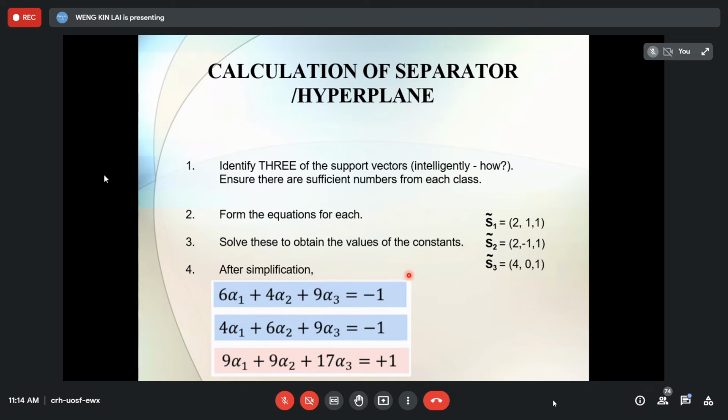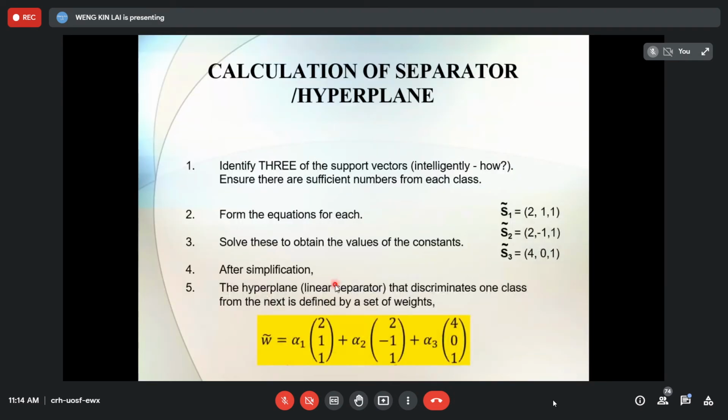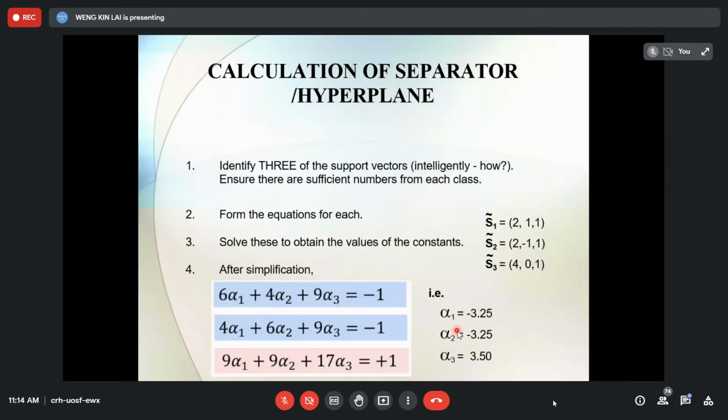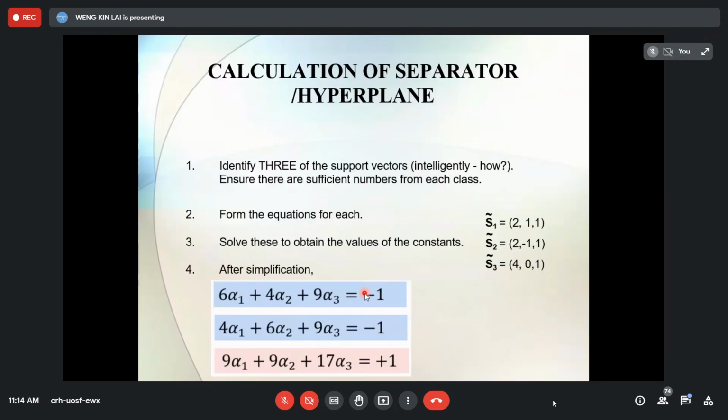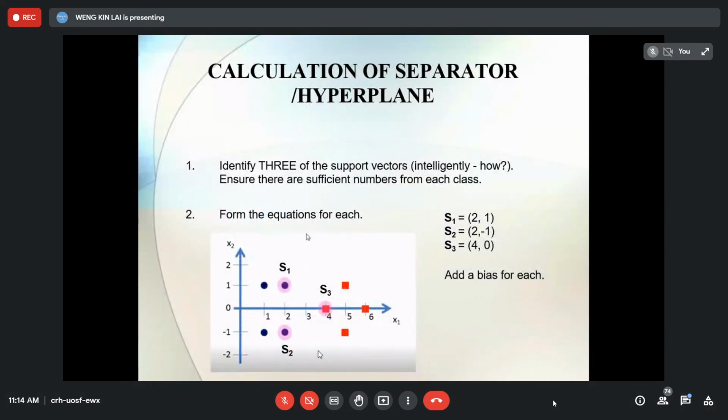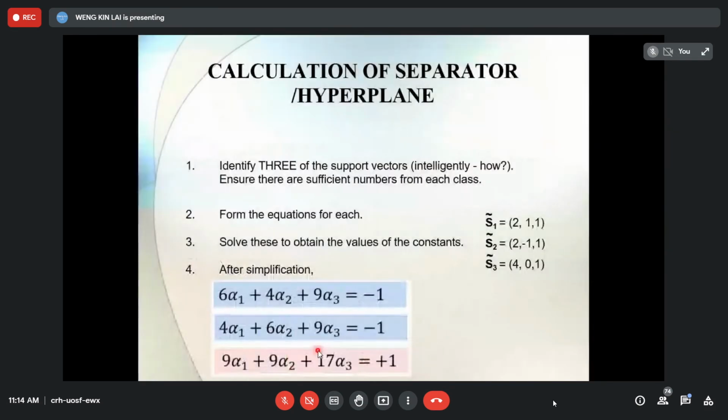These alpha 1, alpha 2 are my constants. Now, if after your calculation you find that alpha 1 will be -3.25, alpha 2 will also be -3.25, but alpha 3 is actually 3.5. Now substitute back. So now you find your alpha 1, alpha 2, the 3 constants, but the hyperplane we're trying to find, the hyperplane here will be